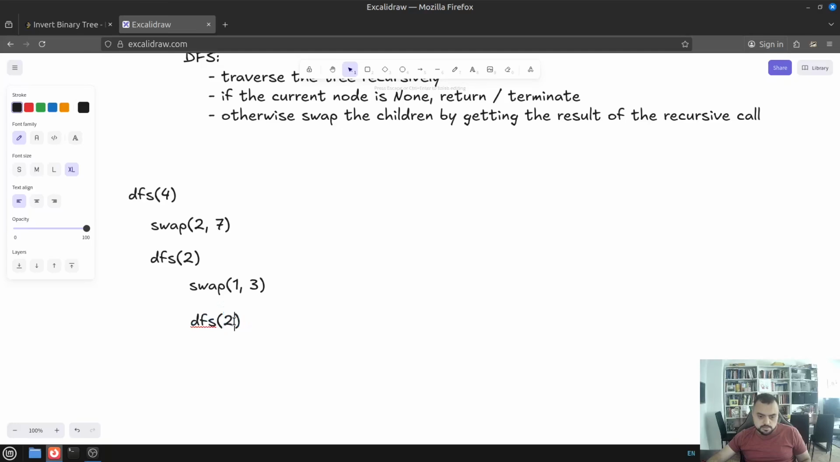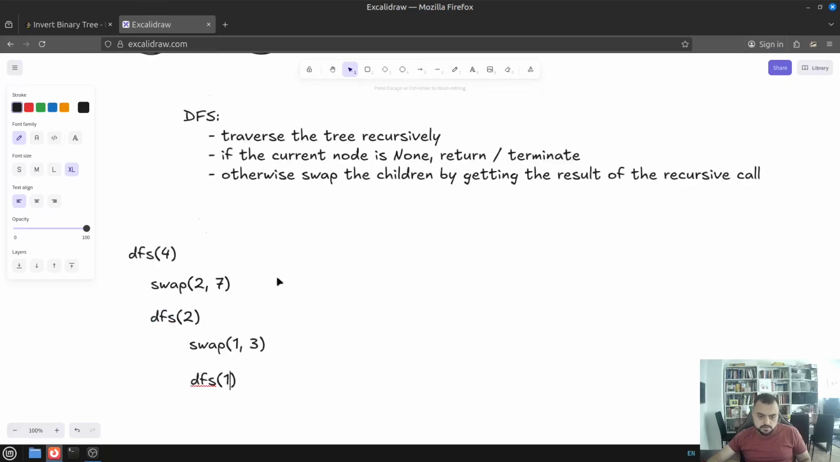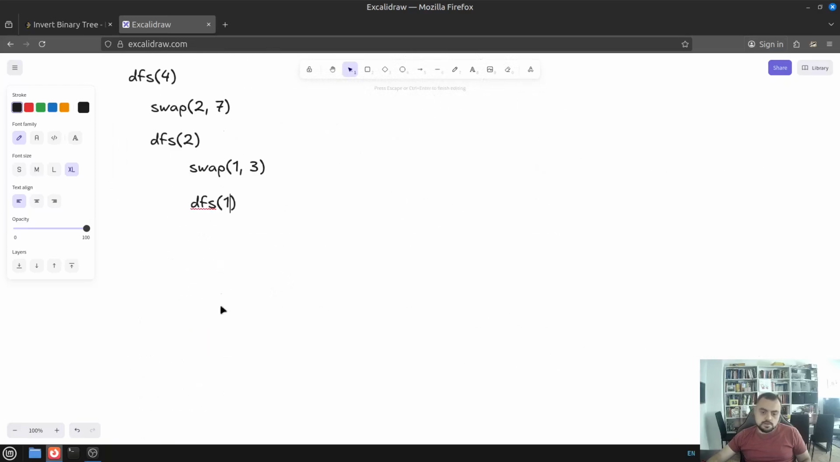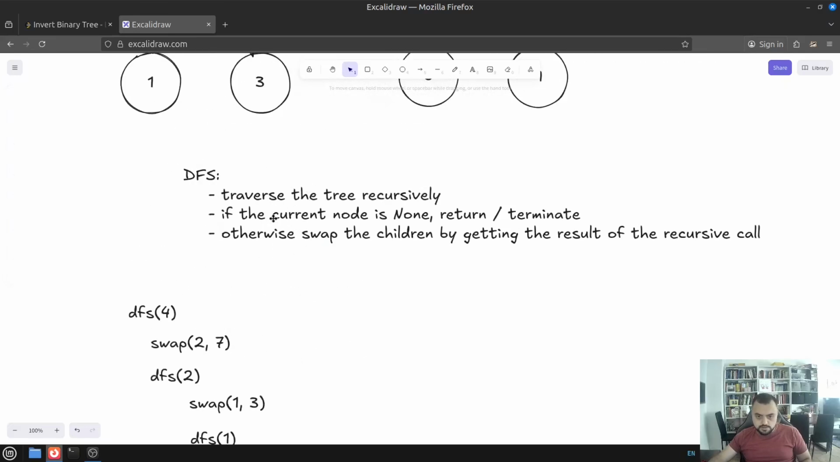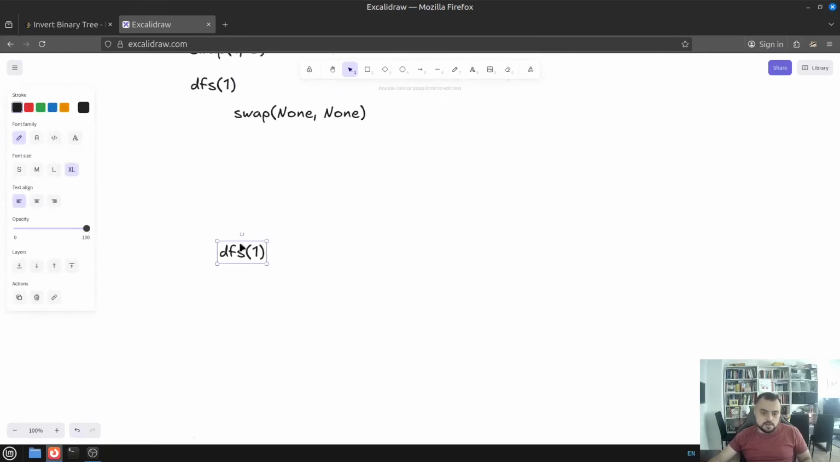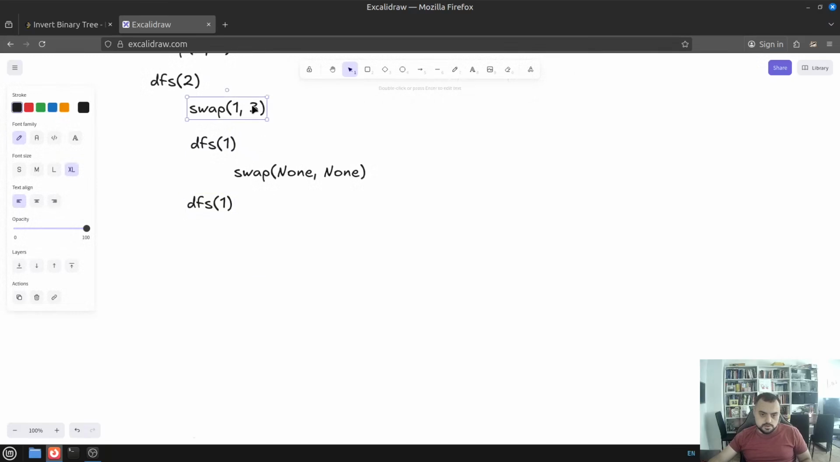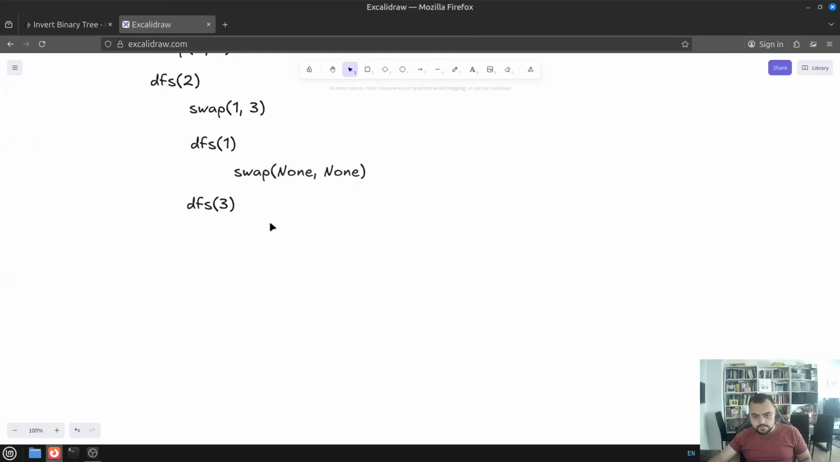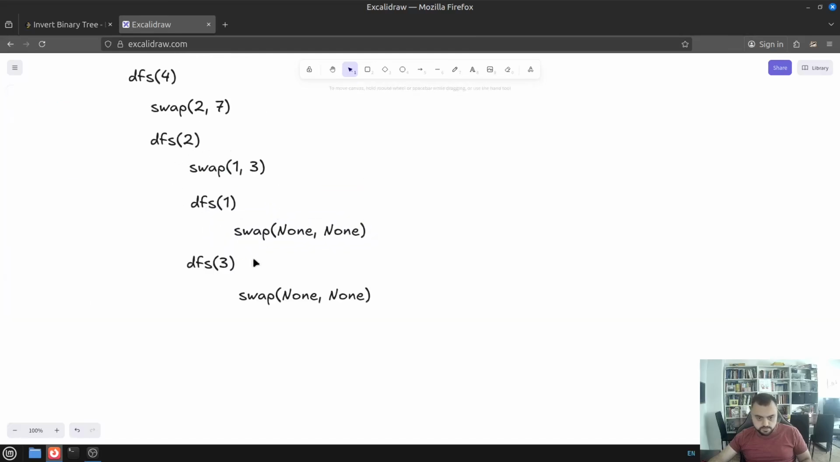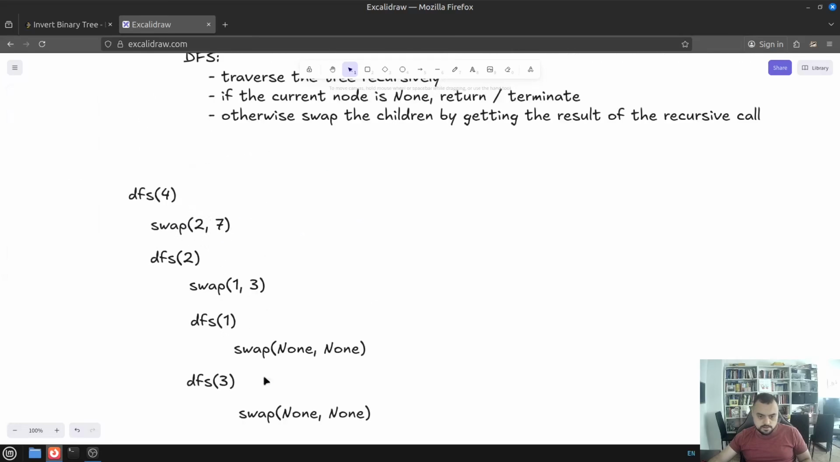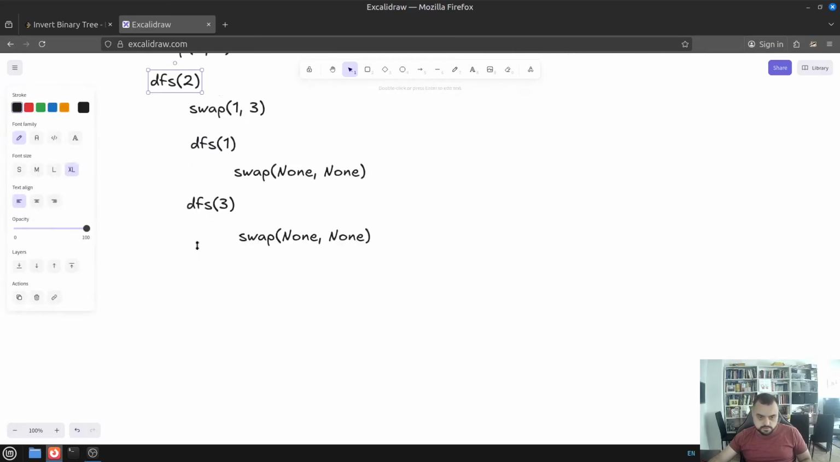Here we go as deep as possible on one route and try to swap its children, but they are none. So we simply swap none and none. That's it. And we terminate here since we reached the current node, which is none. Yeah, and then we do DFS on 3. Again, swap none and none, and we can now backtrack till this place and do DFS